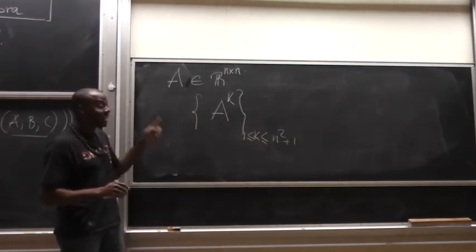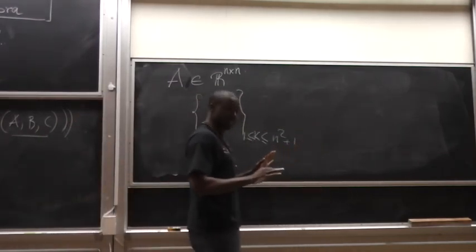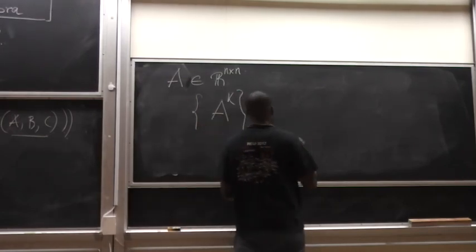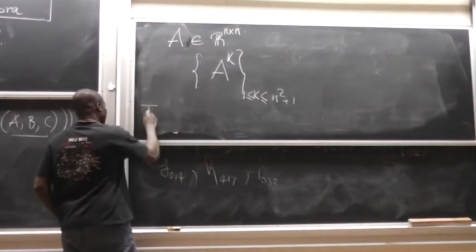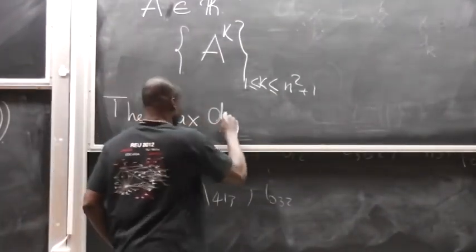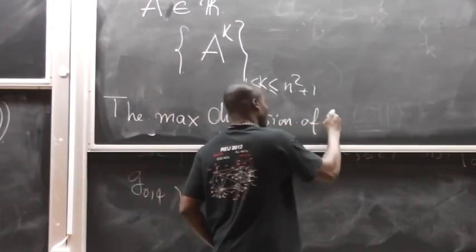But Cayley-Hamilton says more. It says that n plus 1 suffice. If you take a sequence of powers, right, so the span, let me write it. The max dimension of the span